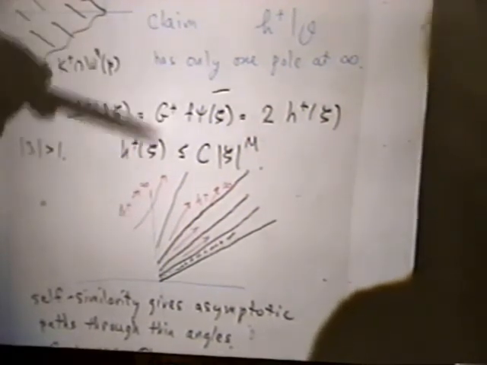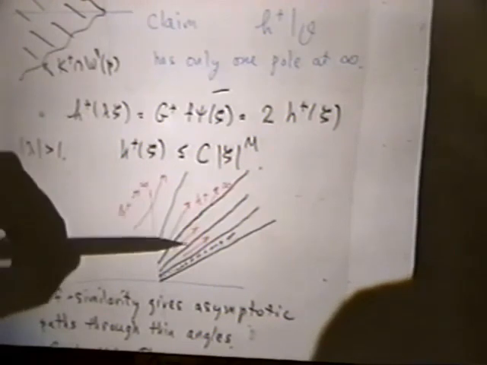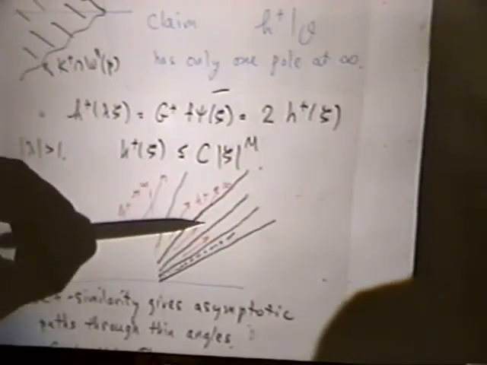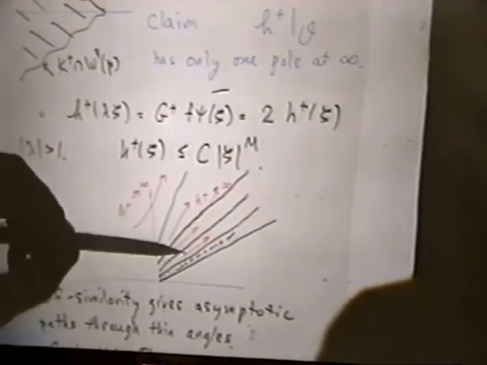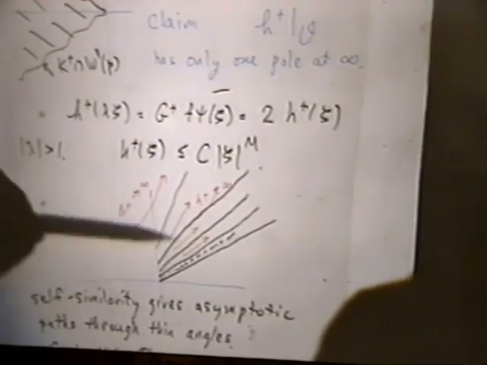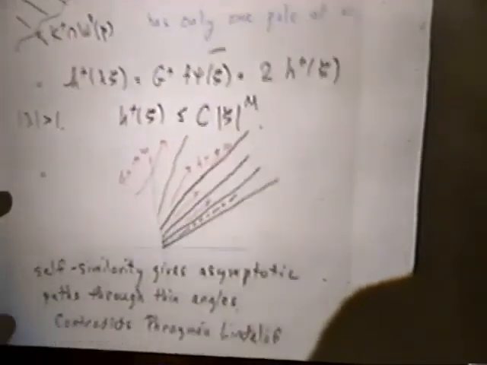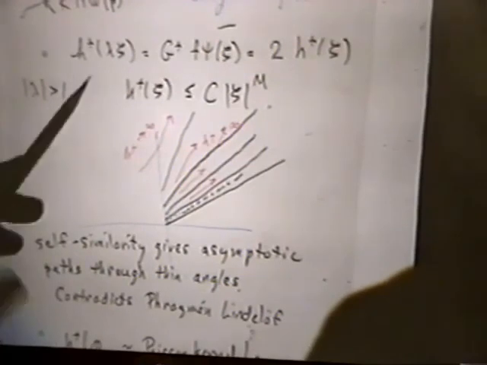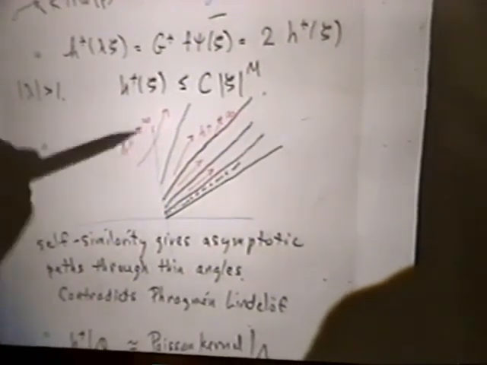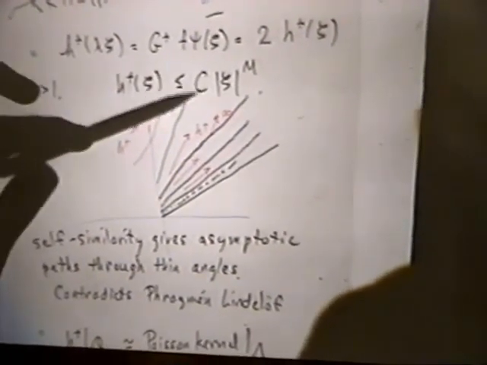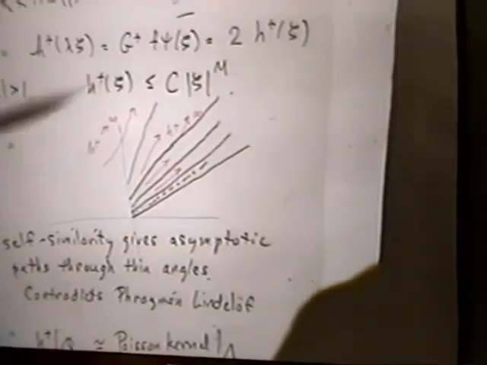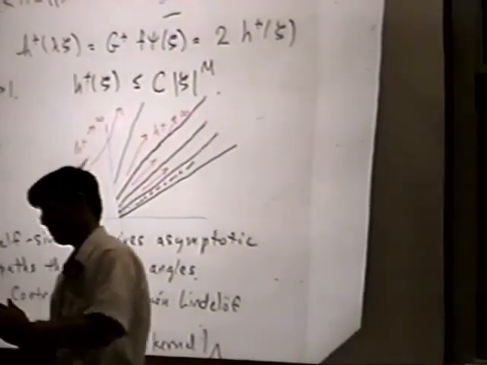Okay? Well, then, using the fact that this whole picture is self-similar, this path here goes out along some sort of alleyway. That path goes out along some alleyway. And then, since it's self-similar, I have narrower and narrower alleyways along which this harmonic function goes to infinity. Okay? But the Phragmen-Lindelof theorem says that if you have some bound like this, and if you have some